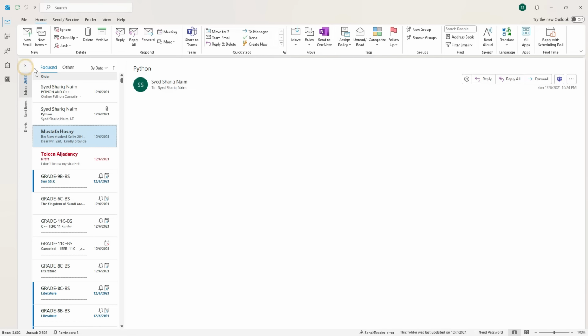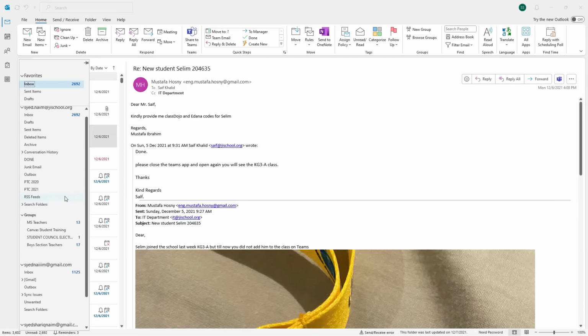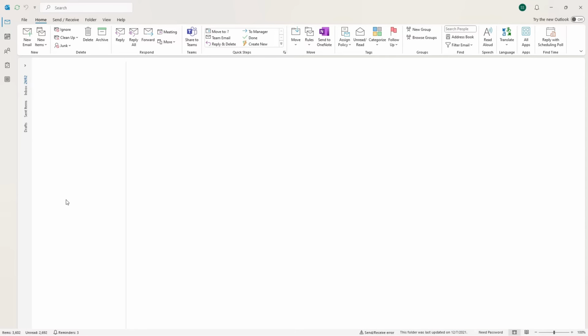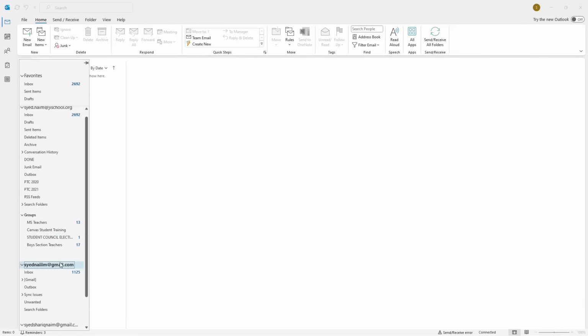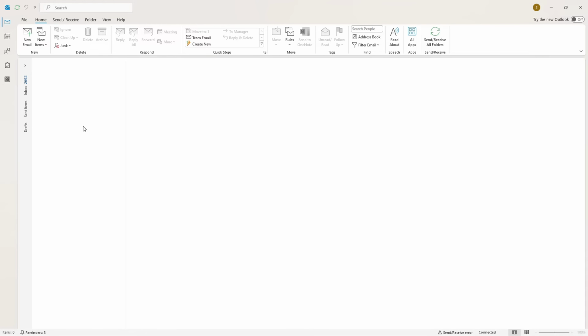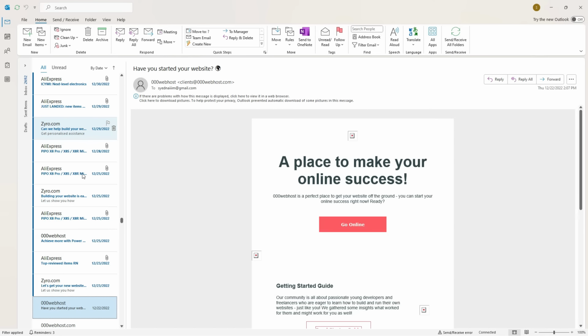Now you can see if I have to use this email address, all the emails from this account will show. You just click on this inbox and all the emails from the inbox are showing.